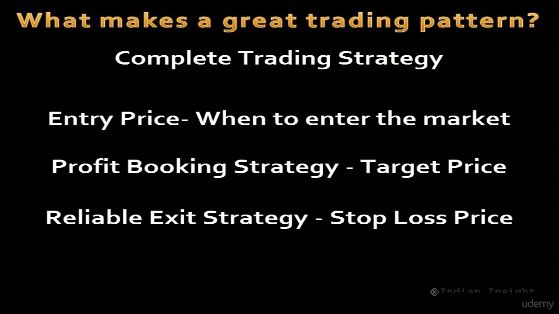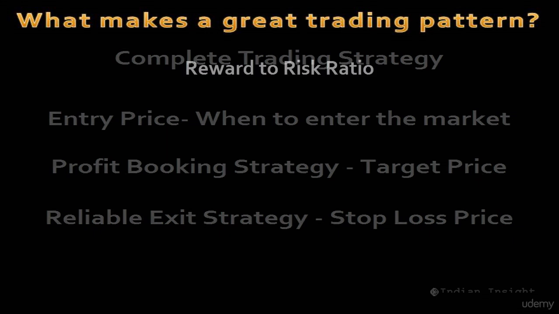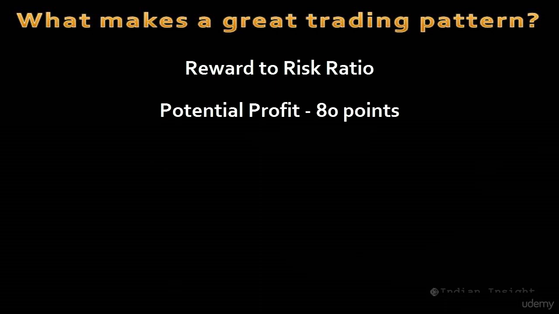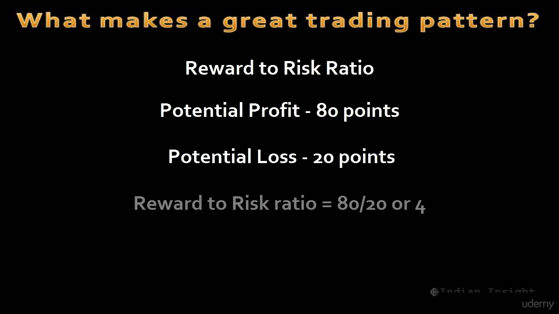If a pattern has a reliable entry strategy, exit strategy, and a take profit strategy, you will clearly know the reward to risk ratio before you are entering the trade, which can in fact help you in deciding if you should be taking a trade at all or not. For example, if a trade can potentially give you 80 points in profit, but if you lose, you would lose only 20 points, then the reward to risk ratio is 80 divided by 20, which is 4. This is essentially a good reward to risk ratio, as if you were to enter 5 trades out of which 4 trades resulted in a loss and 1 trade results in a profit, you would still break even.